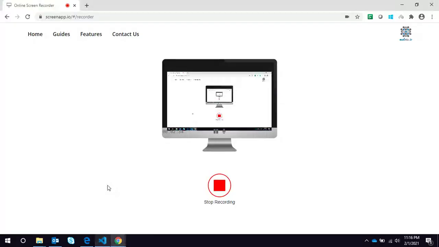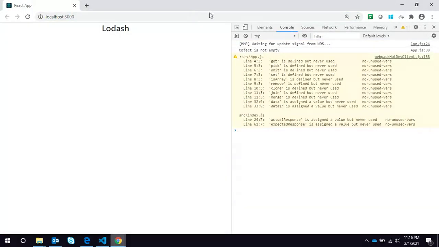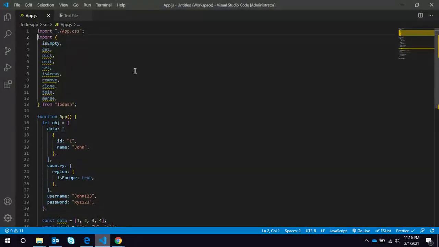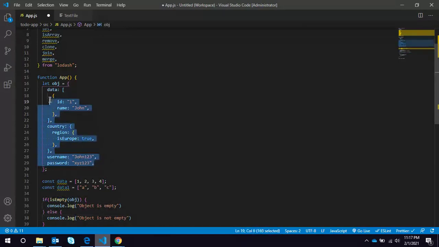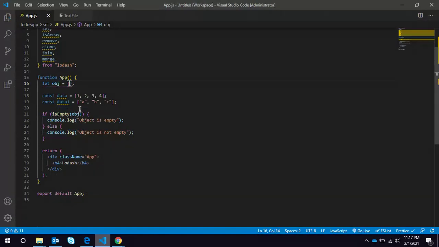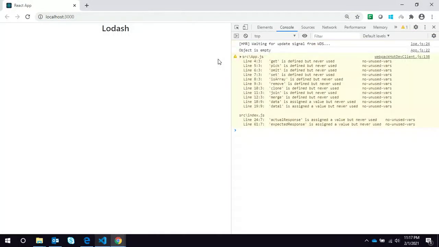Okay, let's see what the result is. You can see the object is not empty. Now I'm just making the object empty to check both if conditions.